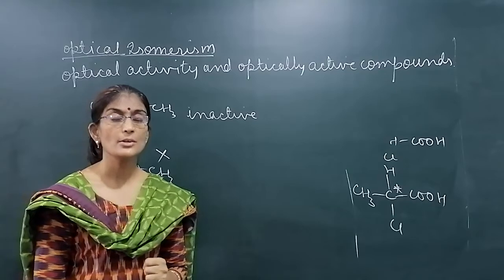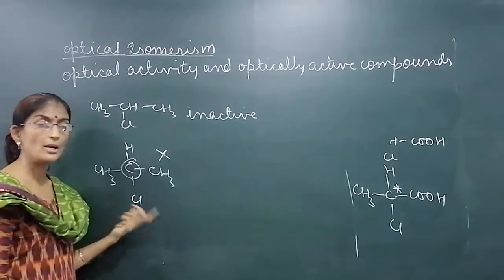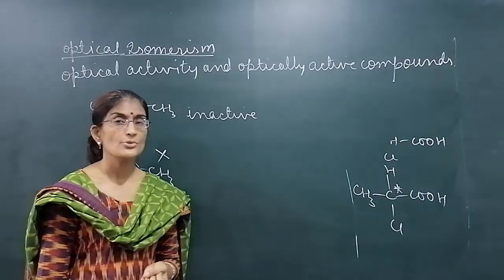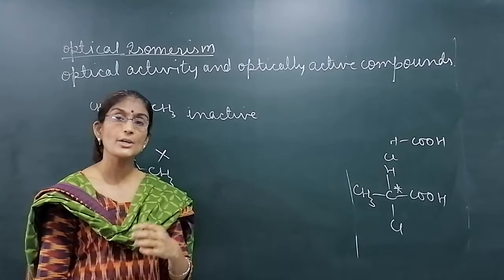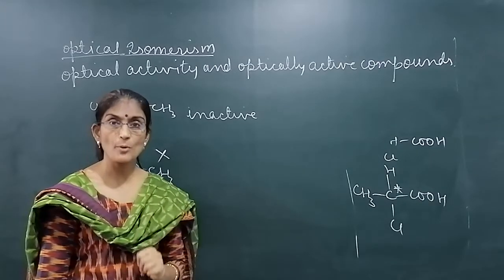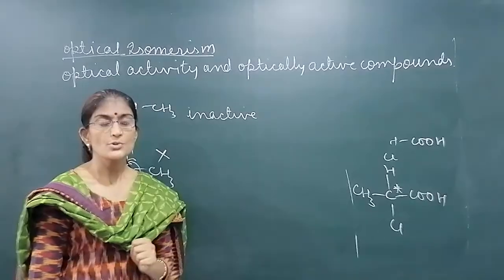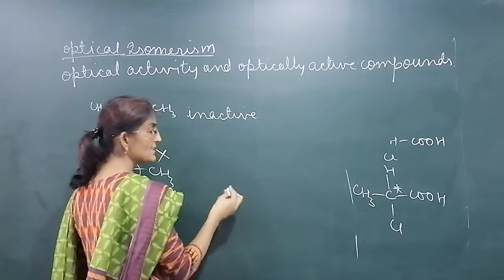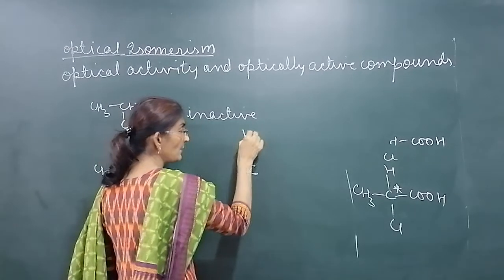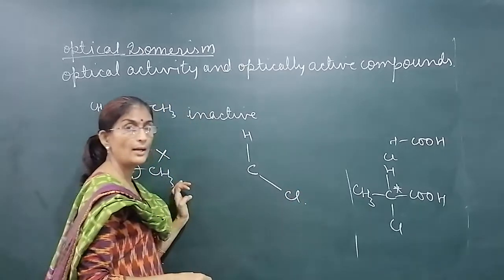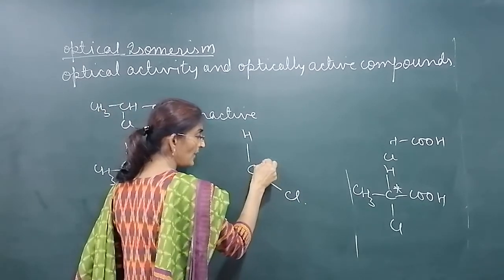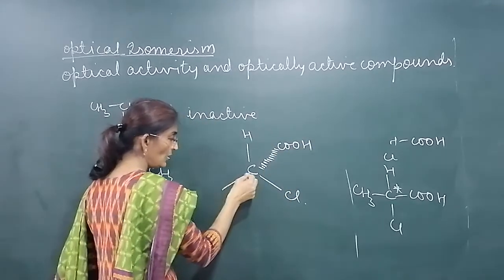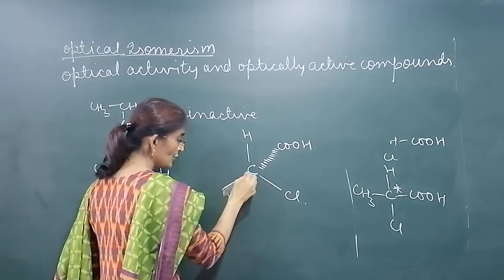And as you know, this is a tetrahedral structure. All alkane compounds are tetrahedral. And tetrahedral arrangement is 3-dimensional. So if we want to draw a 3-dimensional structure in 2 dimensions, then the wedge dash formula, which we had completed in 11th standard. So what is that wedge dash formula? Suppose we want to draw this as a wedge dash formula, then it is drawn as C, 2 bonds in the plane, this way. Suppose COOH is away from the viewer, so this is called a dash bond, and this is called a wedge bond. This is towards the viewer.